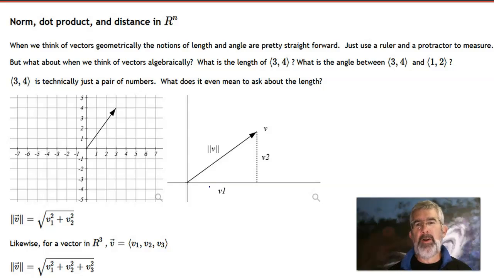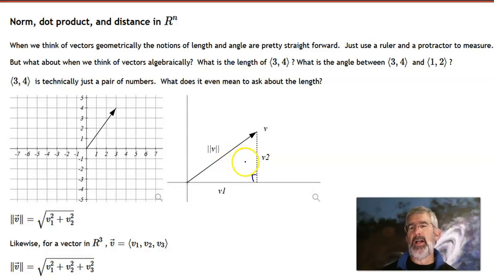Now, we can take out a ruler and measure it, but we also know that we've got some tools to use. For instance, if this vector v is in standard position, I know that the first entry in the pair, v1, v2, that first entry is the length from the origin horizontally to just below where the endpoint of the vector is. Likewise, v2 is the distance from the x-axis up to that point, so v1 and v2. This would be a right angle right here,